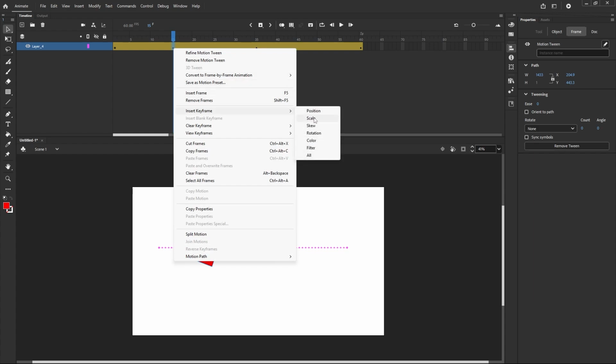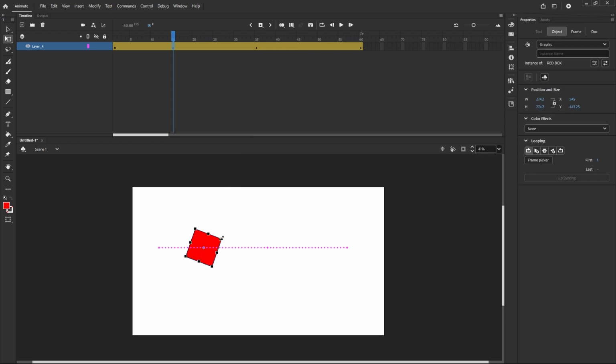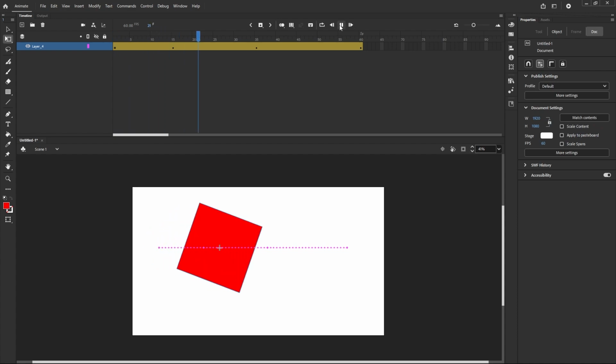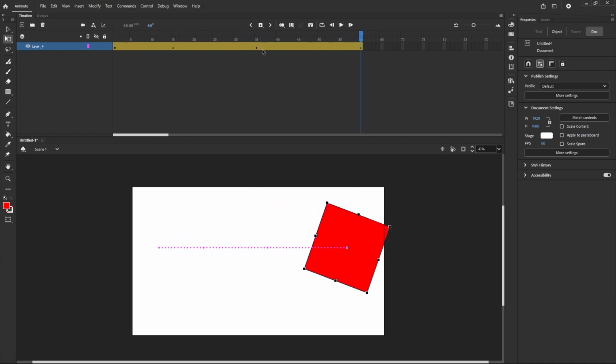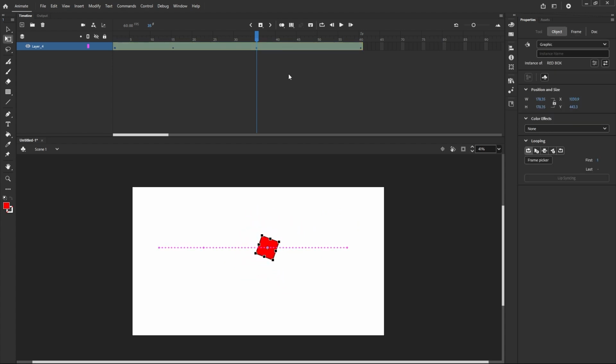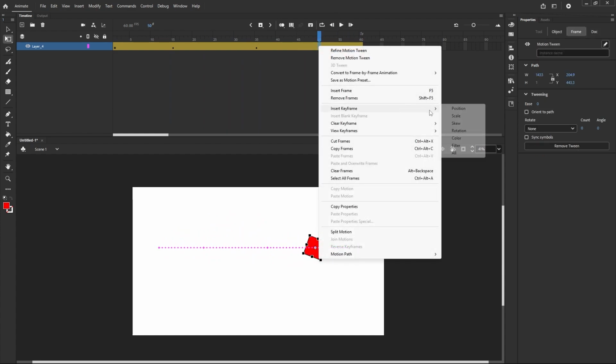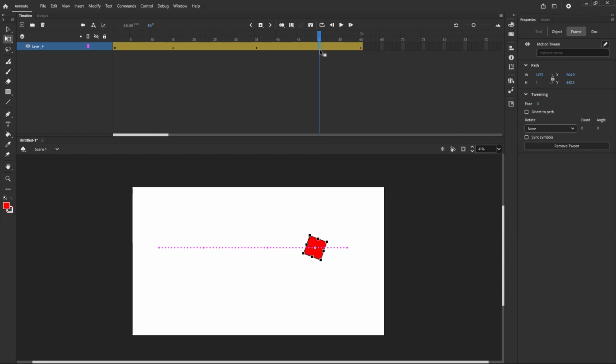I want some scale. Okay, so I'm using Q on the keyboard to get the transform tool. I'm giving the big size here. Okay, now play this. Now see here, and there you can decrease the size. Now go back to normal. Now see, accordingly it is responding. So that means what? By adding the keyframes, we'll get all these options: skew, color, and suppose here if you want to add the colors,